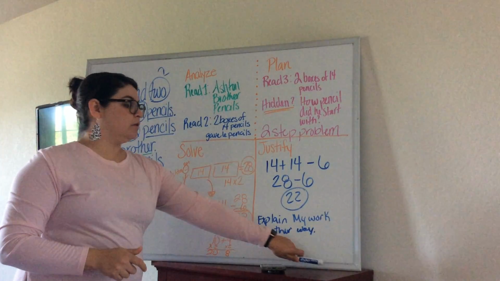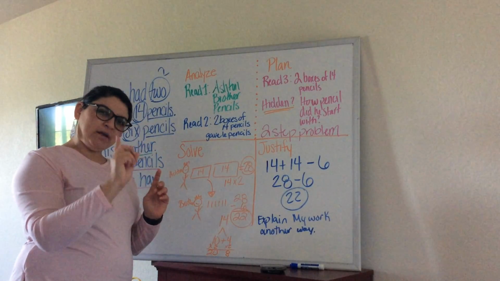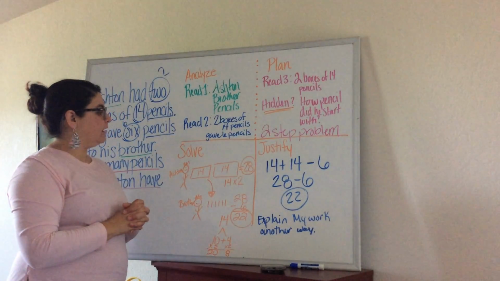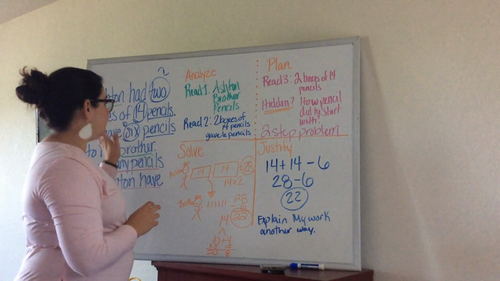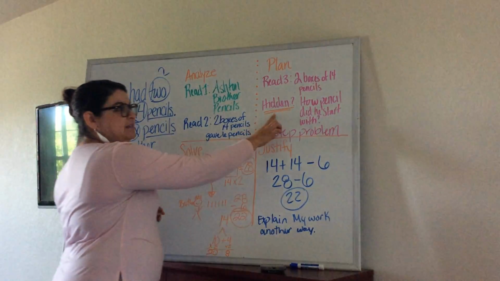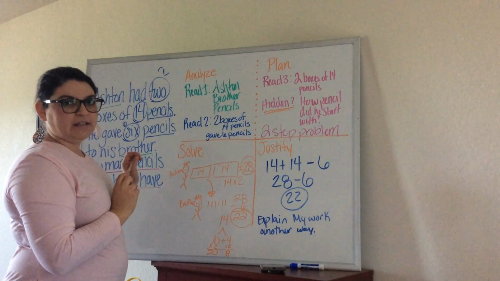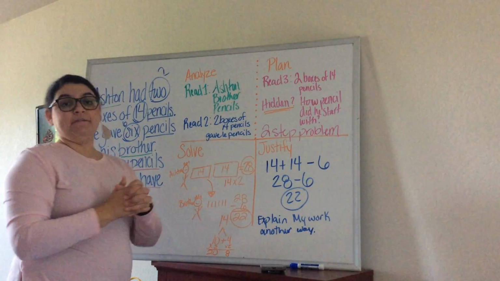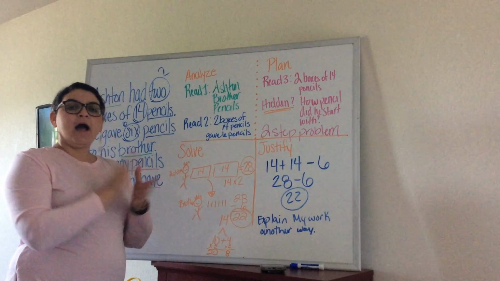So when you go and choose on that choice board the problem where you have to solve only one problem, we would like for you to use the plan, analyze, solve, and justify, our 4 square, to make sure that you're doing all the steps and we're not missing any hidden questions, because sometimes they can be tricky. They may not be one-step problems. They could be 2. So if you have any questions, remember to reach out to your teachers, or they will relay their messages to me,